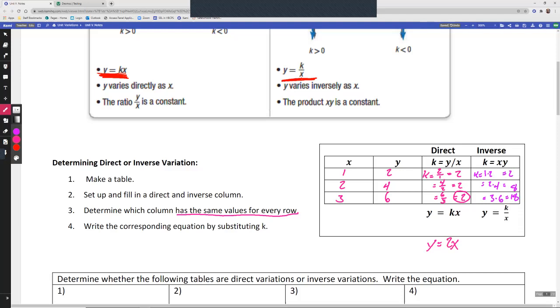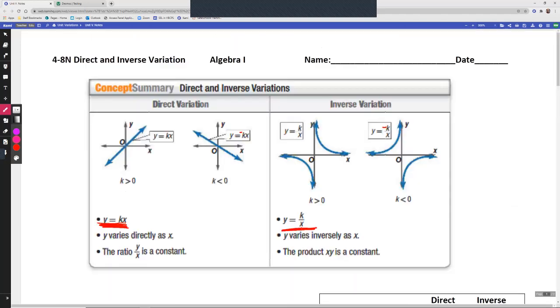So just a quick recap before we move on. We have direct and inverse variation. When something varies directly, that means as one goes up, the other one also goes up, and we'll usually see a straight line with that. If as one goes down, the other will also go down. That's what we see, usually a positive slope or a negative slope, like this up here. Positive slope, negative slope. When we have things that vary inversely, we get these weird looking